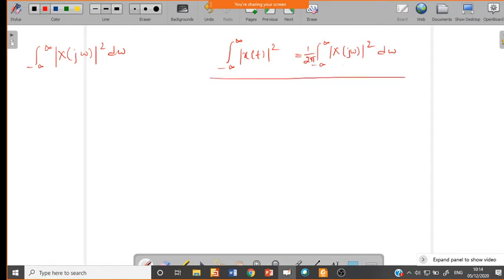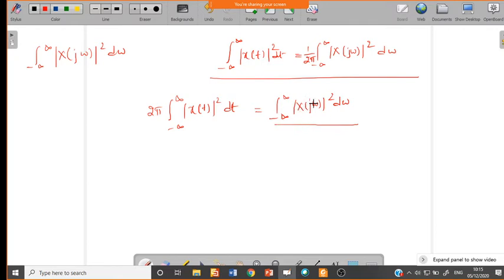So now this is Parseval's theorem, so we can take this and try to get the values. How can we take it? Taking the 2 pi to this side, we get 2 pi times the integral from minus infinity to plus infinity of x of t squared dt, which will be equal to the integral from minus infinity to plus infinity of |X(j omega)| squared d omega. Now this we have to compute.